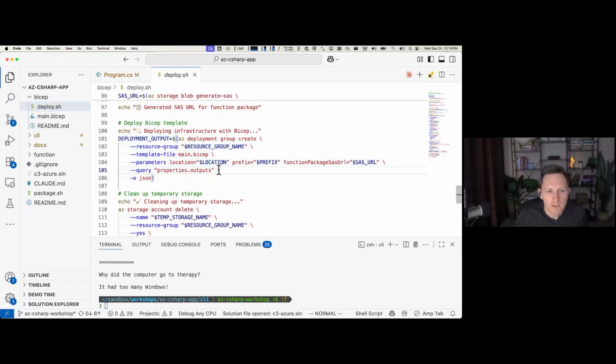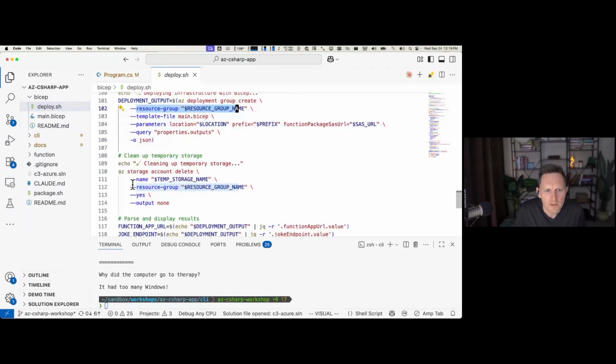So if you would like to set something like this up using Bicep, what I needed to do is actually come up with a shell script that does some of the earlier steps. We need to set up our resource group, we need to,